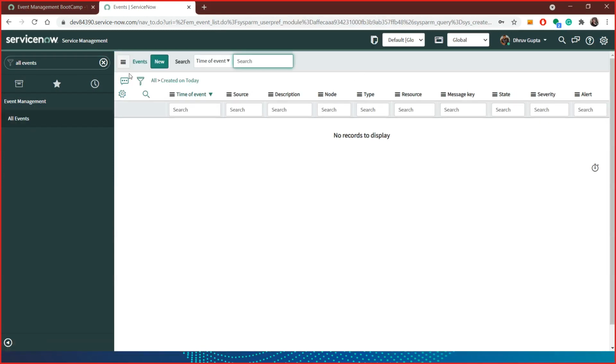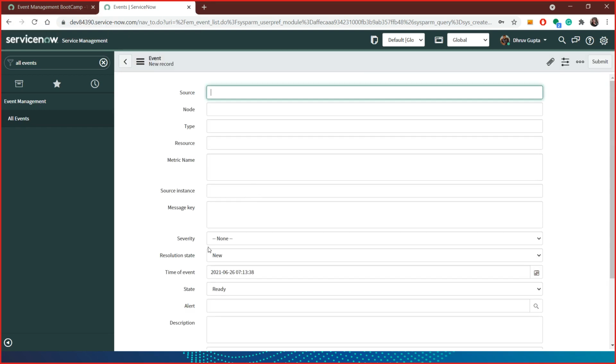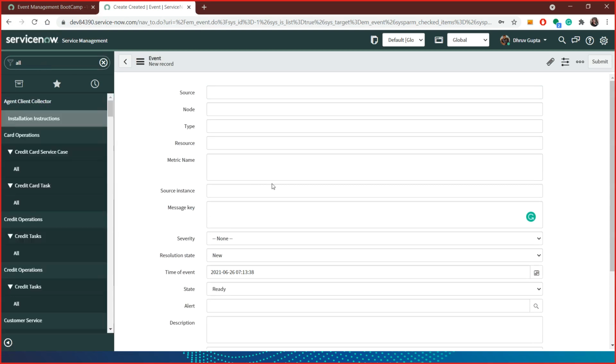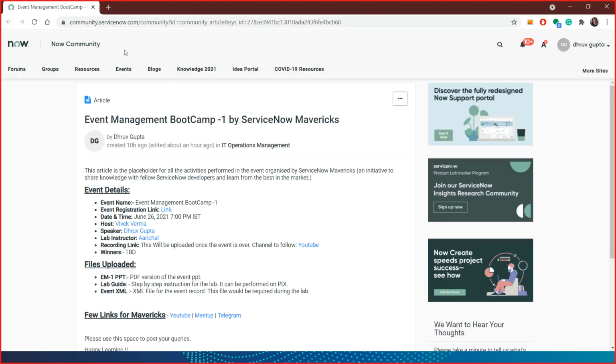For example, if I am getting events with the same message key, they would be bound under one alert. That would be covered in event consolidation. This message key is this field at the alert level. You will see this in the lab as well, so just go with the lab and that would be clear.